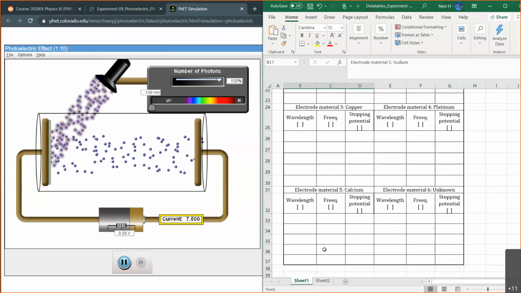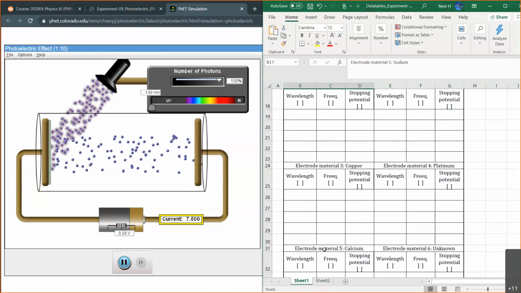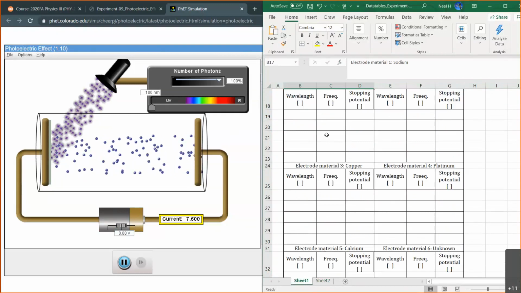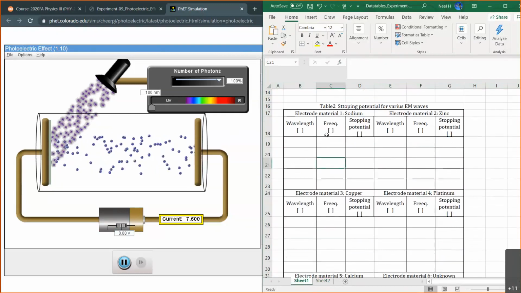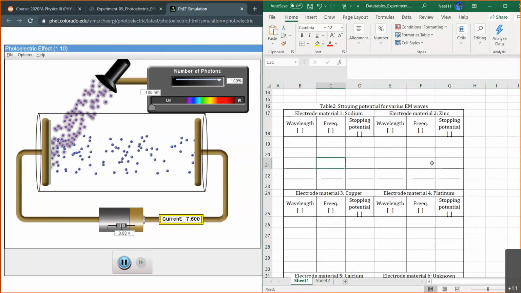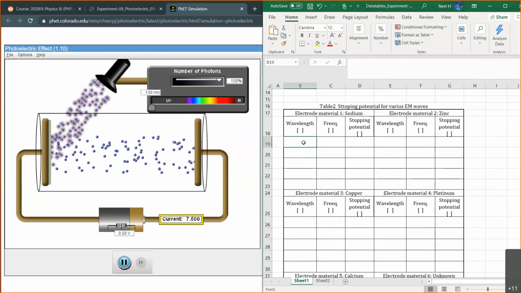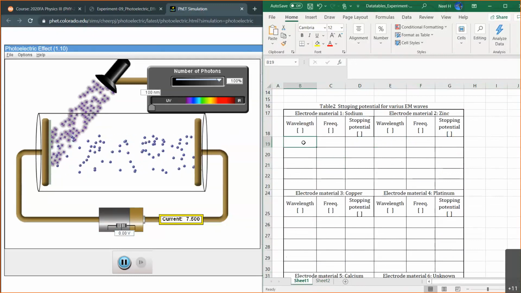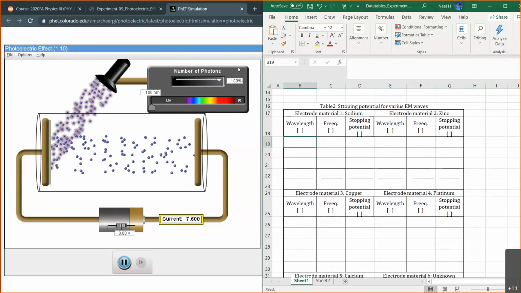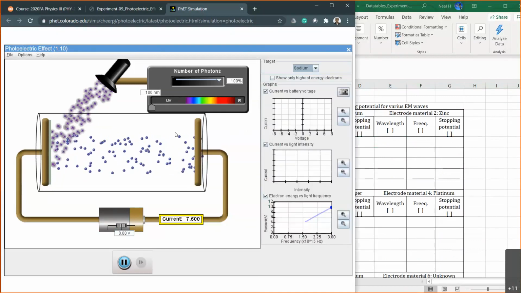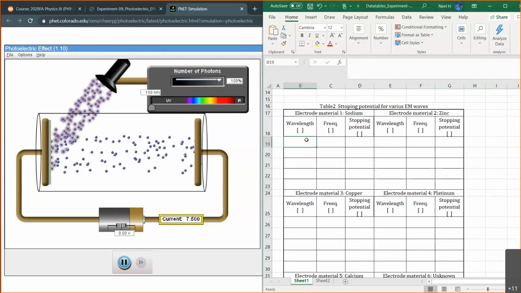Now we will try to do this for all 6 different types of electrode, but sodium, I think definitely it works, but for the other ones we have to check whether we can actually get enough data points to make the graph. Okay, we need at least 3 or 4 data points. Otherwise we can't make the graph. So we'll start with 100 nanometer